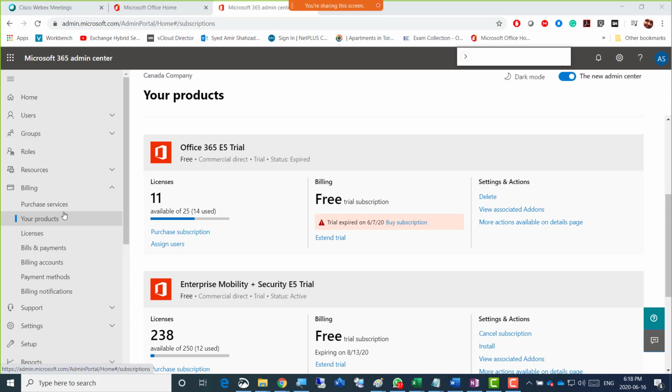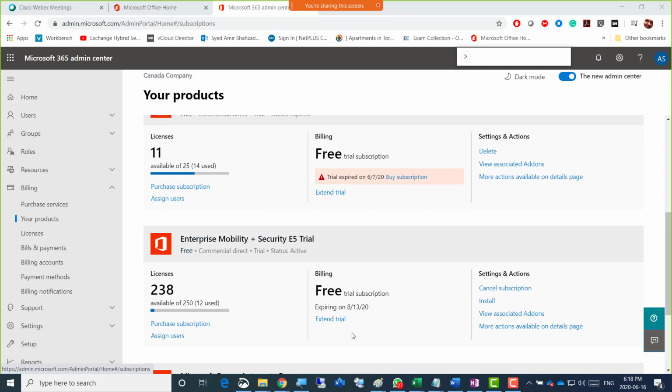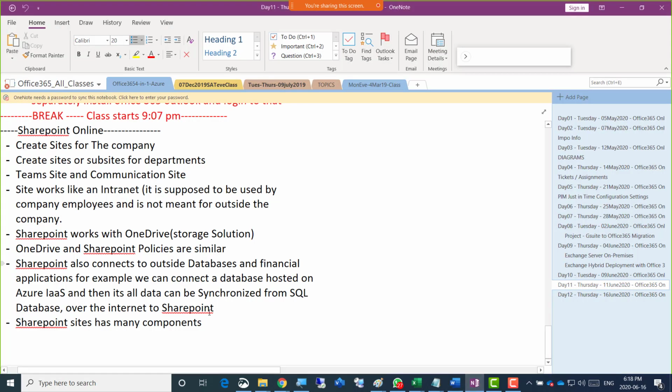Navin says no need to extend Premium plan 2 because it's covered with the Enterprise Mobility plus Security E5 trial. Yes, exactly. When we have Enterprise Mobility, that trial is till the 13th of October, so it is actually extended. Wow, that's cool, and a very good point as well. Alright, guys, this means we can take several steps and make decisions now. In one class, I asked that, and they all went for extend trial, put in their credit cards, and we kept on going.